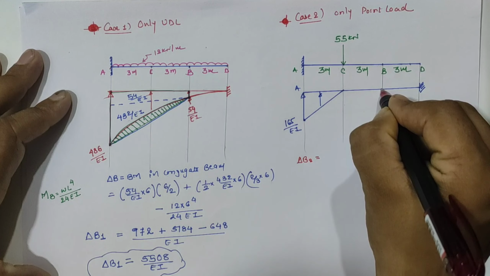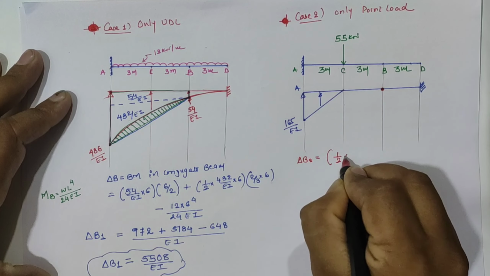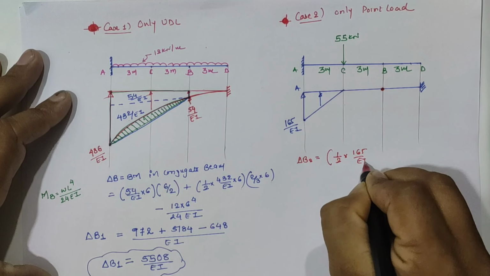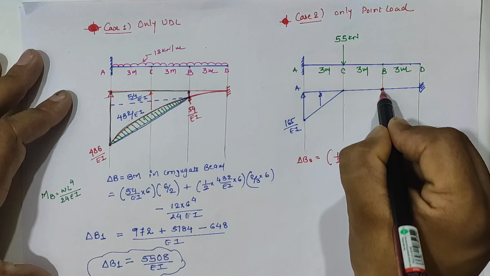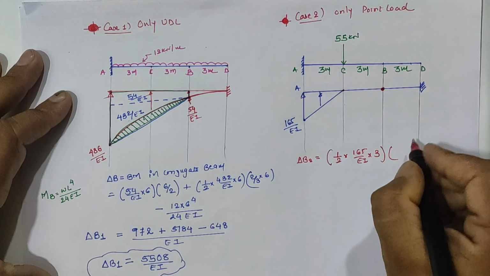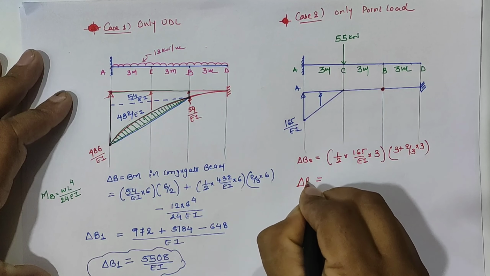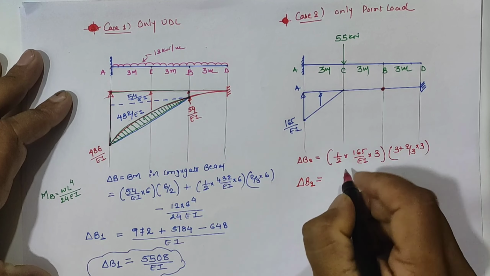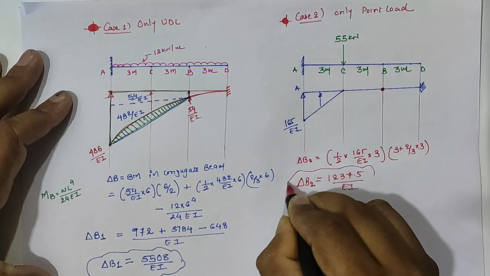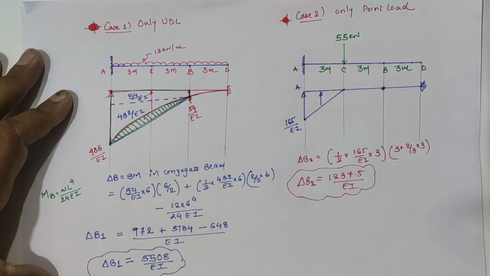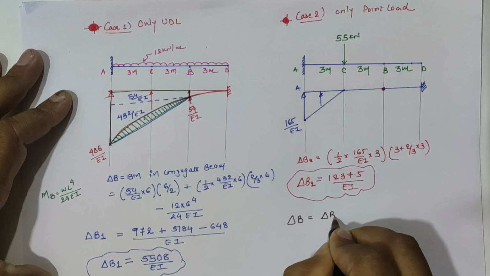then we have to take a moment at location B in the conjugate beam, which is 1/2 into loading as 165 by EI into span as 3 meter, and we have to take the moment at B, and the CG distance from B is 3 plus 2/3 of 3. Hence our value for delta B2 is equal to 1237.5 by EI. So using the superposition theorem, we have the total delta B value, which is equal to delta B1